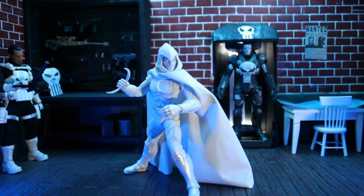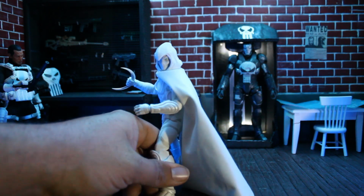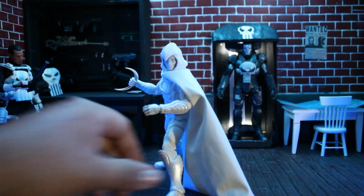That's more of the new series, which I really dig, but the white suit, just something about the white suit just looks so dope. Growing up, Moon Knight was one of my favorite characters of all time. And this is my first Moon Knight action figure ever, and I'm glad that this is the first Moon Knight